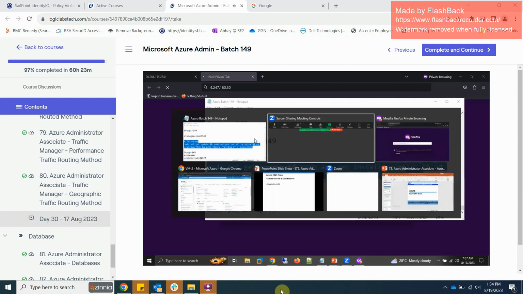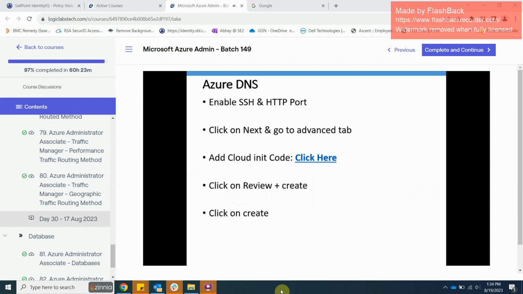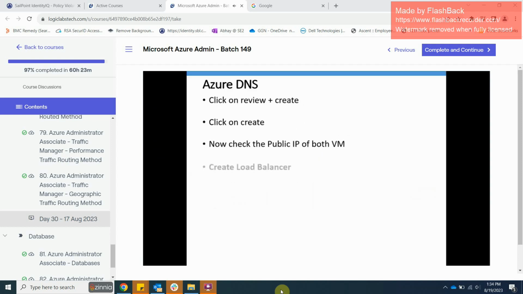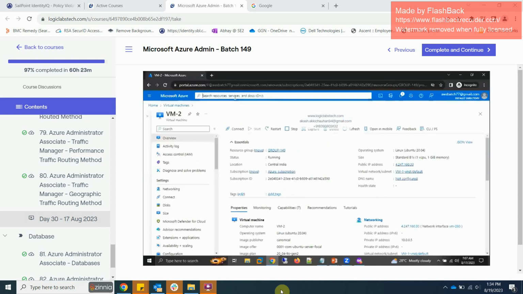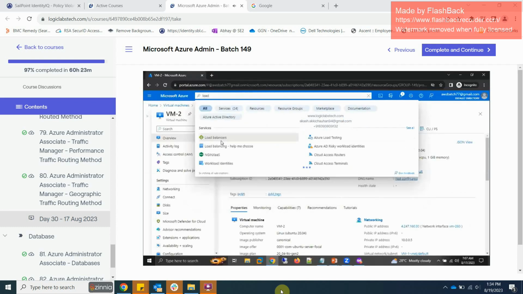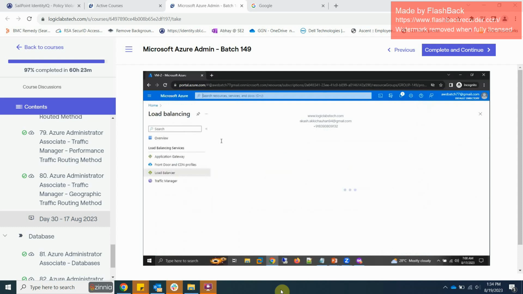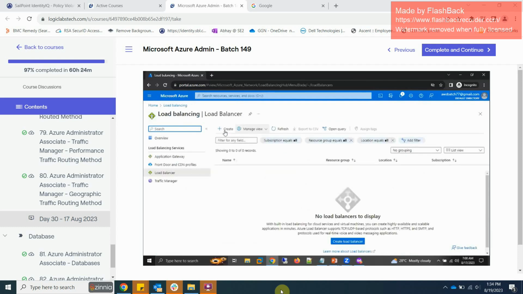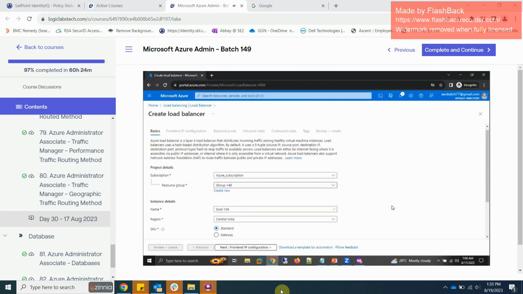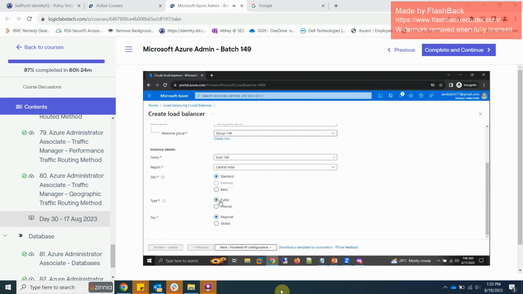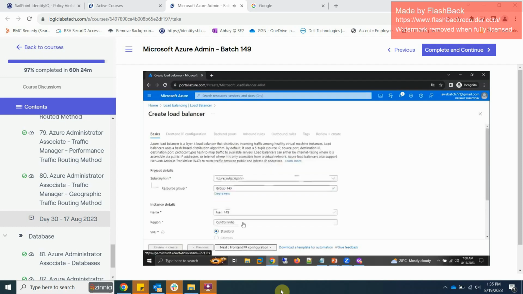Till the time it is taking time, what we'll do is we'll create a load balancer. Resource group, load-149, public, front-end IP